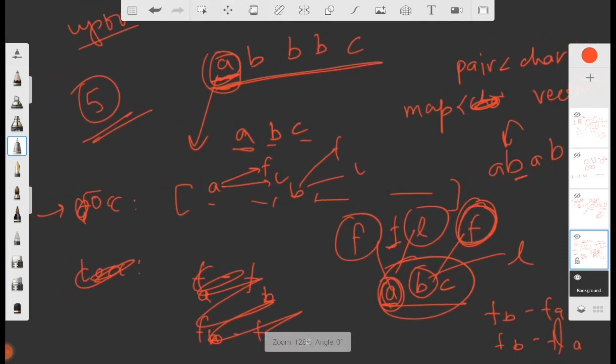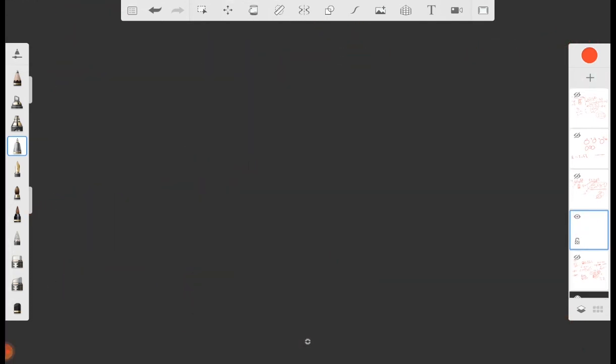But there can be another approach. Given s as a b b b c and t as a b c, let's make a map or any array.